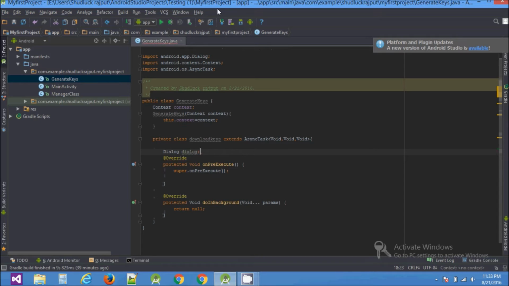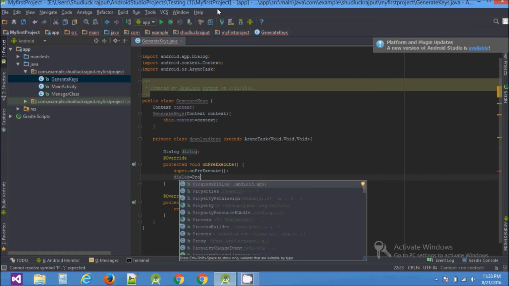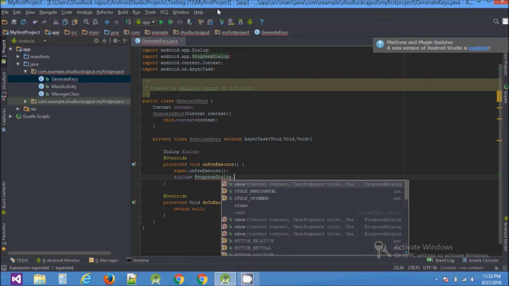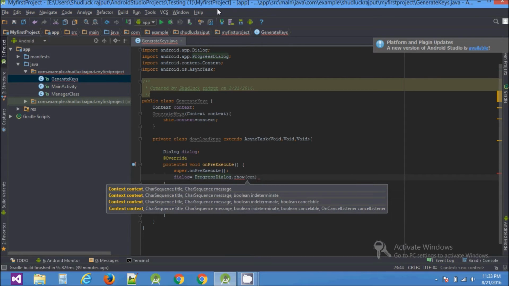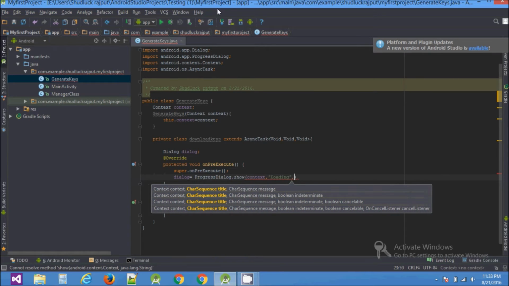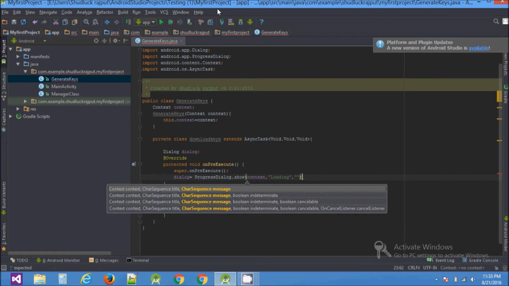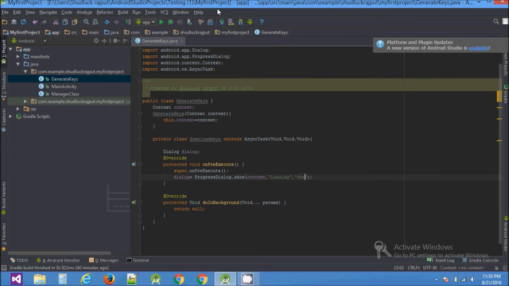Dialog equals ProgressDialog.show, and I'll pass the context and the character sequences. First I'll type Loading, comma, Downloading keys. Okay, till here it's perfect.